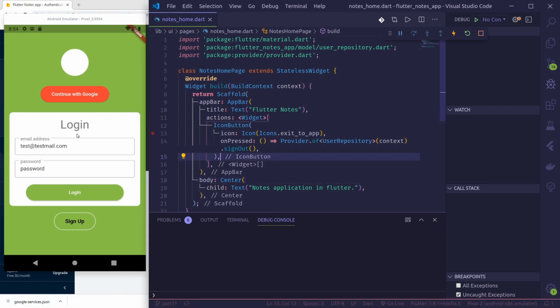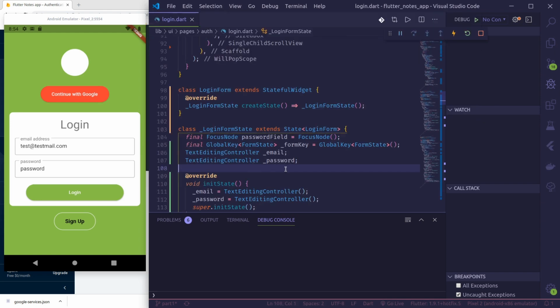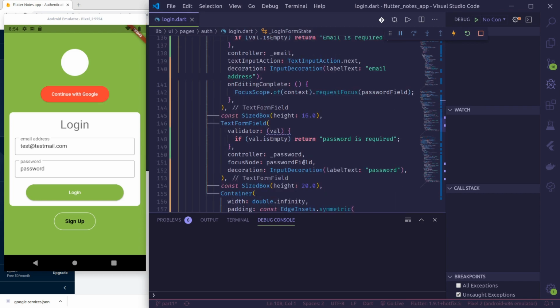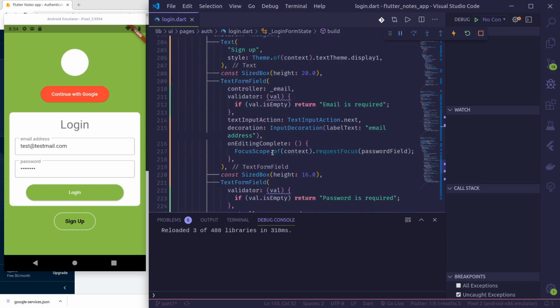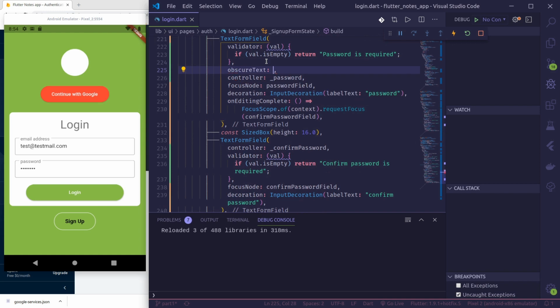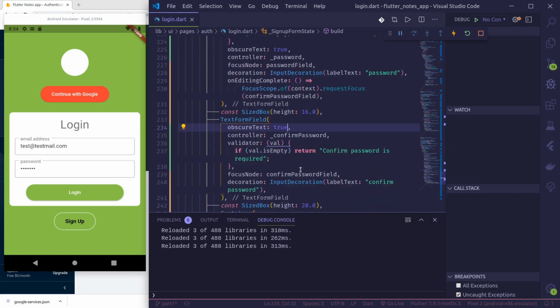First, let us fix the obscure password field. So let's go to our login.dart, and first in the login form, text form field password, obscure text true. Okay, and in sign up again, password true, and confirm password true. Okay,